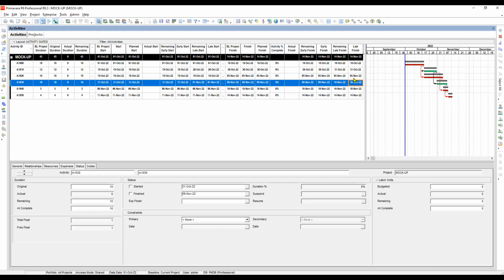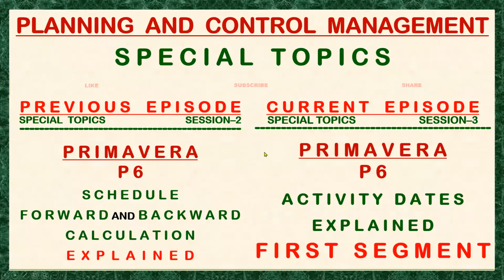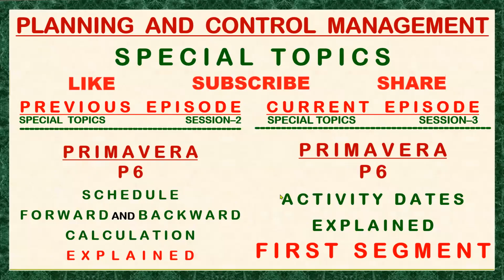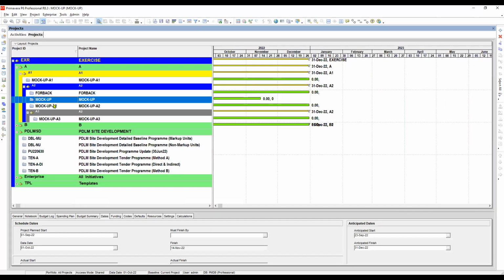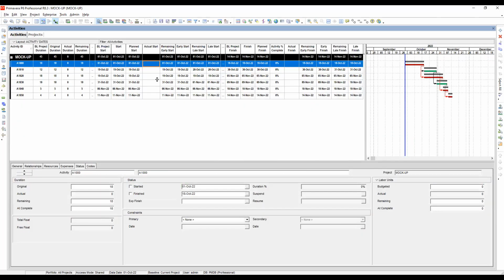Okay, so let's go to our slide. Okay, here we go. Let's use our mock-up program and assign the same as baseline so that we can compare the outcome of the changes. Okay, let's assign first. We will assign a baseline program here in our mock-up project. So the short way of how to assign